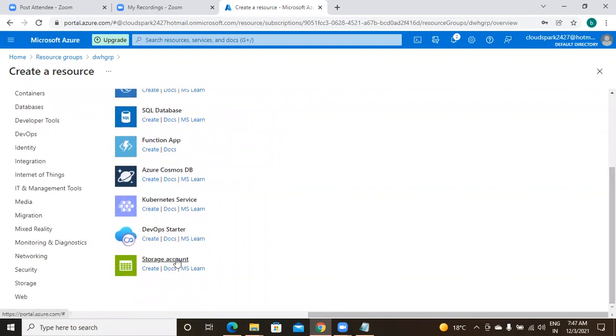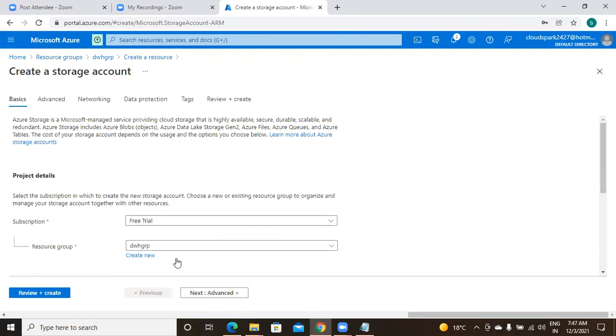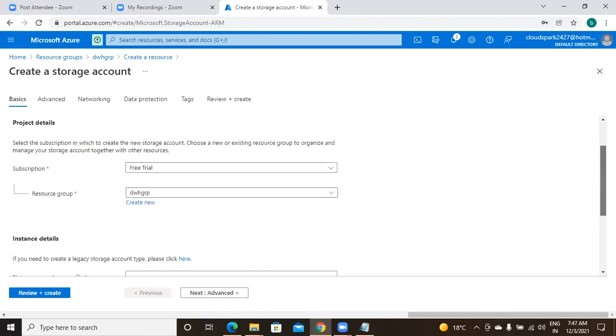Okay. Click on this storage account. So the free trial subscription and my resource group are already selected. Suppose up to now, if you haven't created any, just by clicking on create new, you can create a new one at runtime.